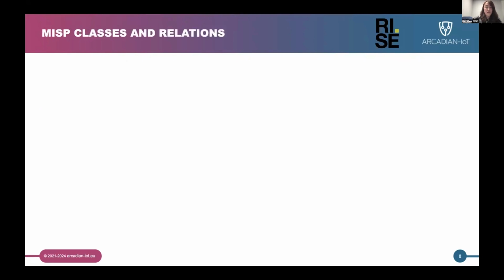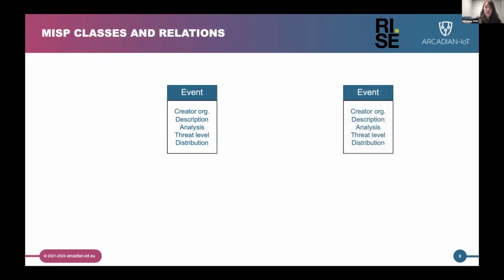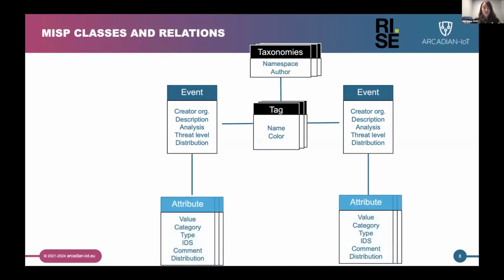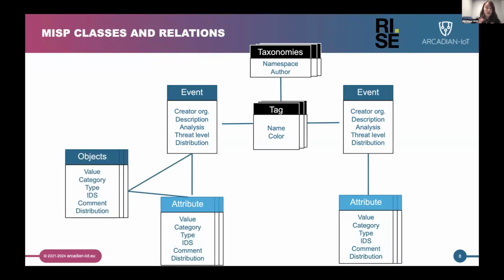So what are MISP classes and relations here? First we have this event, with information like the curator of the organization, and the description, which is the event info. We also have the analyst, level, and distribution, and this tag. We can link events to be in the same cluster or group. The taxonomy actually defines the tag, and within this tag we have multiple attributes that are defined by the object. That's a template for this